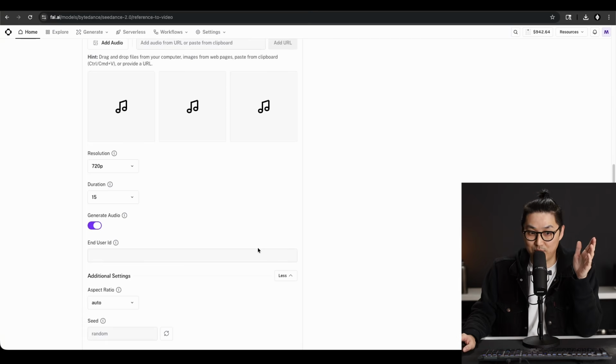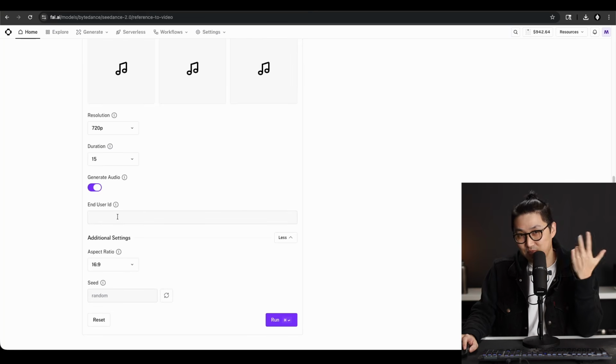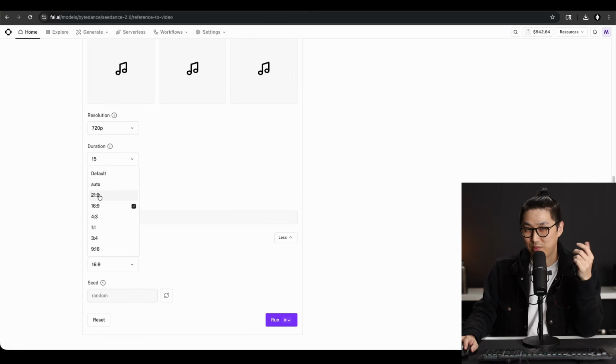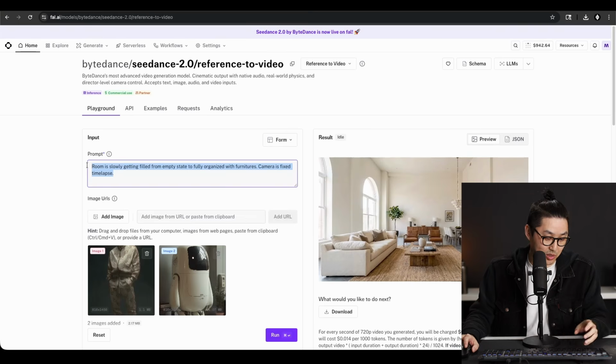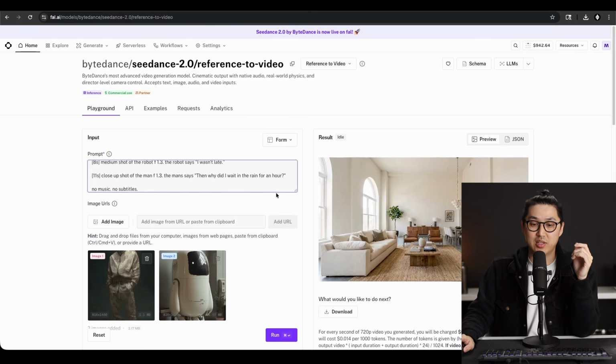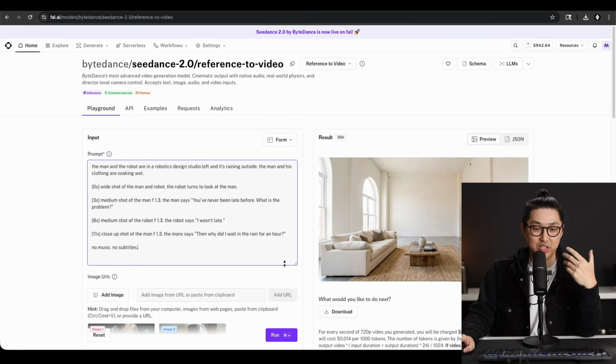And at the bottom, very important here, is that we're going to change our aspect ratio to 16:9. I would typically want to do 21:9 for my cinematic kind of films that I make, but 16:9 is good for YouTube, good for commercial work, right? So 16:9. So there's not that many parameters for this compared to like Kling 3.0, for instance. And now let's paste in the prompt that I used. Okay, so let's get into the prompt. And this is going to cover a lot of ground really quickly in one example about how Seedance 2.0 works.